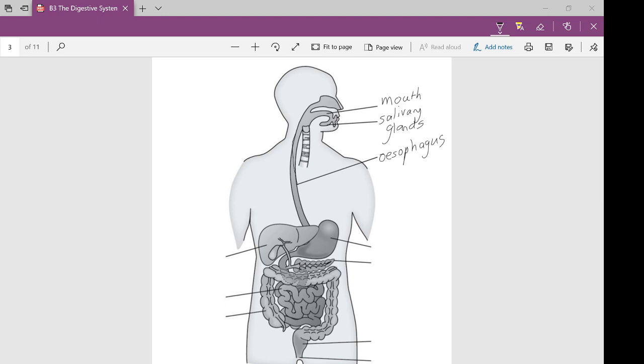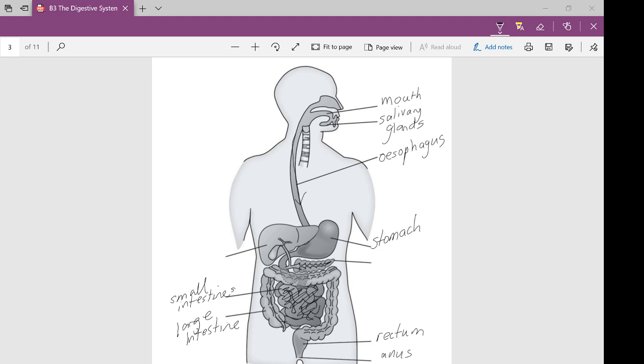After the food goes down the oesophagus, it enters into the stomach. It travels through the stomach into the bit in the middle here. This is the small intestine. Then it loops through into the large intestine. And then it's first stored in the rectum, and then any waste leaves through the